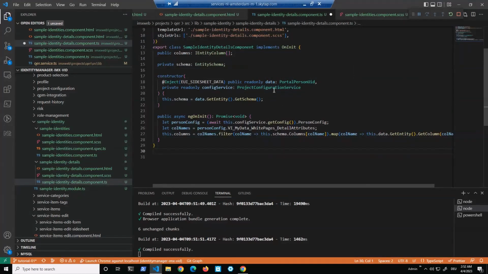Then we need something called the project configuration service. I will come to that in a minute. And we added a list of entity columns and the entity schema. What is that? To make it very brief, the entity columns are the columns we want to show in the details view. And again, the data we are getting,